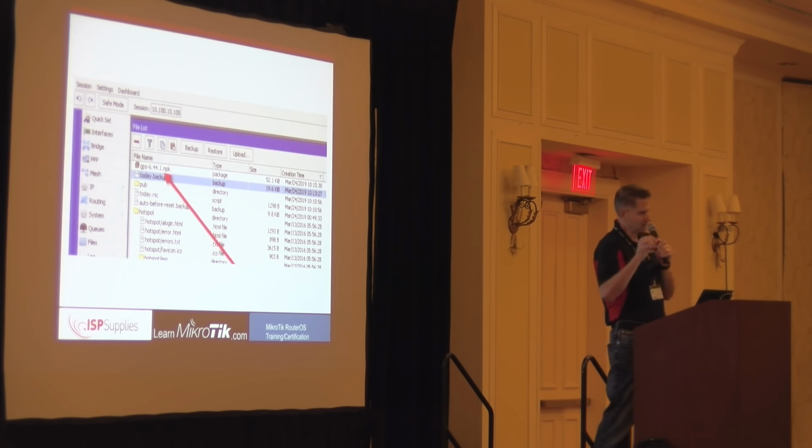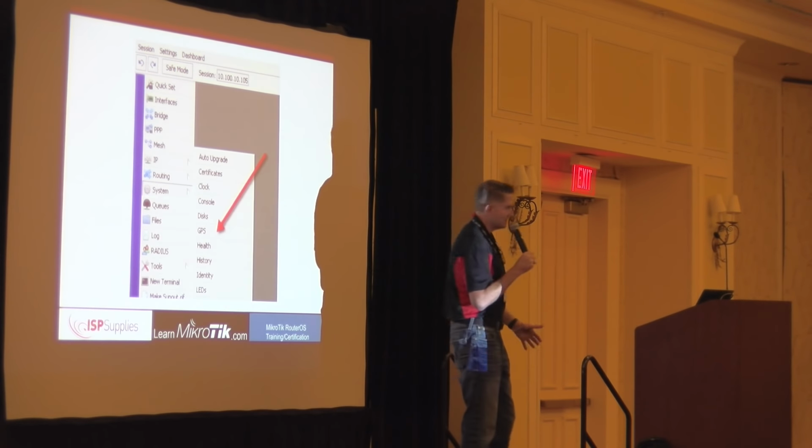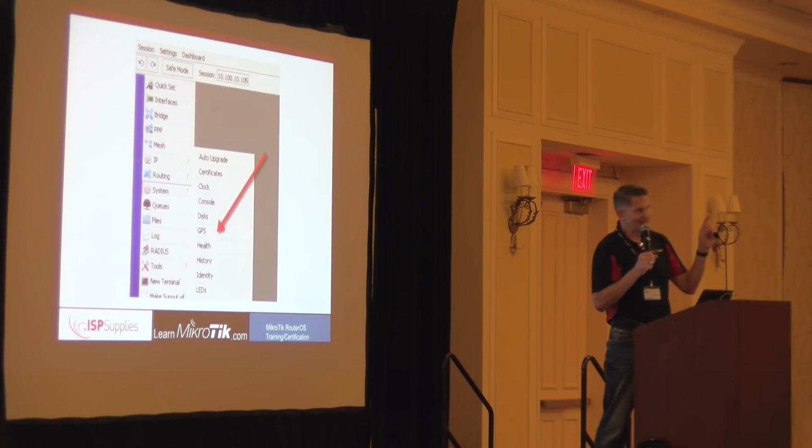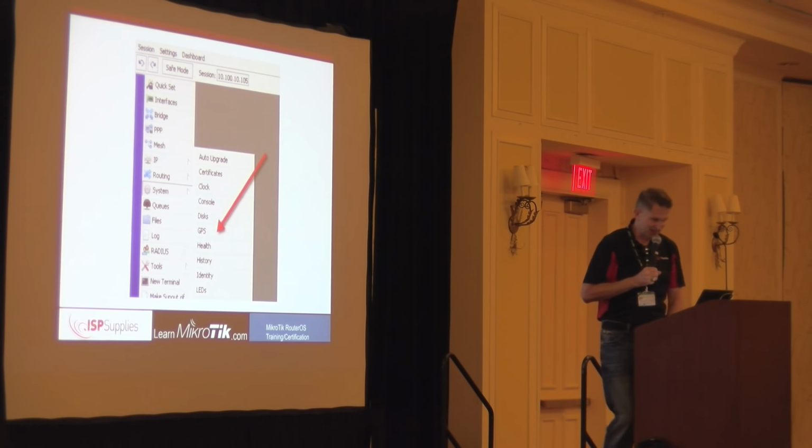All right, so now I've dragged that package. It's the GPS package in this case. I put it in my files list, and now I have to reboot the router. And once the router boots back up, I'll see the GPS package is installed, and I'll have the additional functionality of the GPS button here. Okay? This is not GPS sync for wireless, so don't get excited that there's a new feature that you forgot about. But I still ask for that, and I'll ask for it again today.